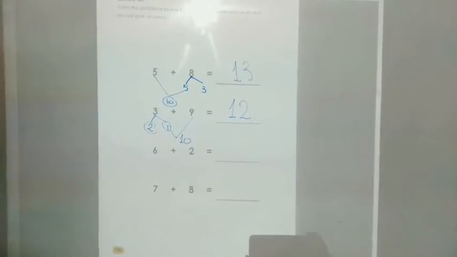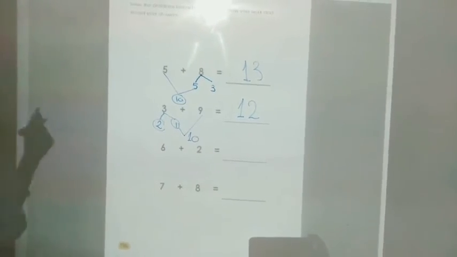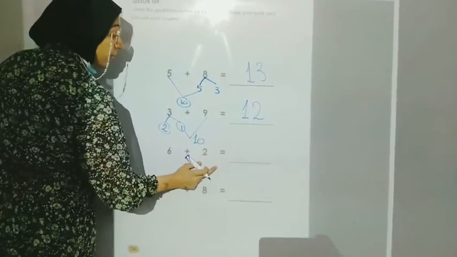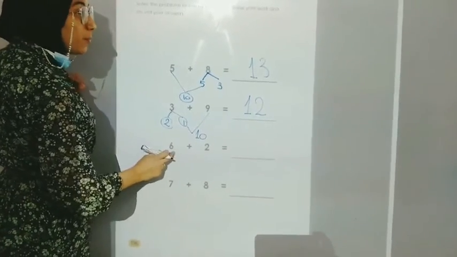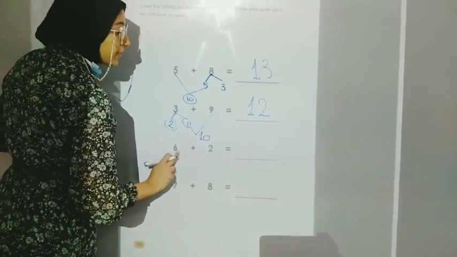Next one, here I have 6 plus 2. The two numbers are small, so I can't make 10. So what do I do? I move 2 steps forward. I stop at 6, then move 2 steps forward. After 6, I have 7,